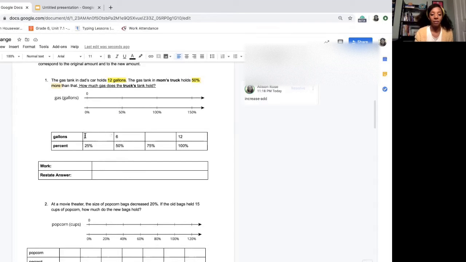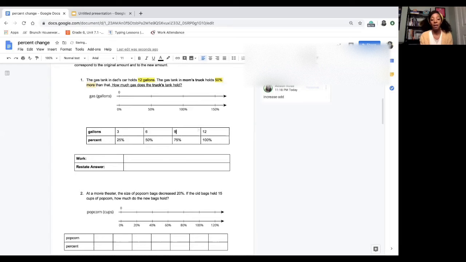Notice we have a total of 4 pieces that we cut our 12 into, or 100% into. So we're going to take 12 and divide that by 4, and that's going to give me 3. So that means we're going to count by 3. So 25% should be 3 gallons, 50% should be 6 gallons, and 75% should be 9 gallons, and 100% should